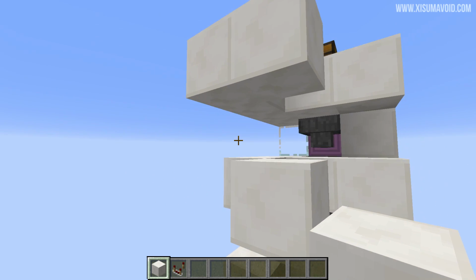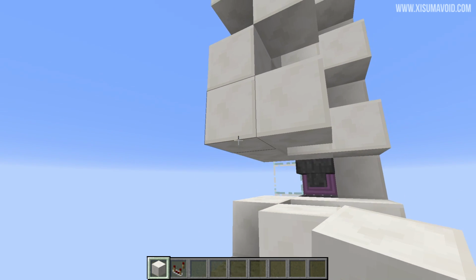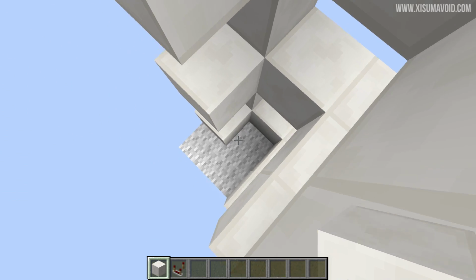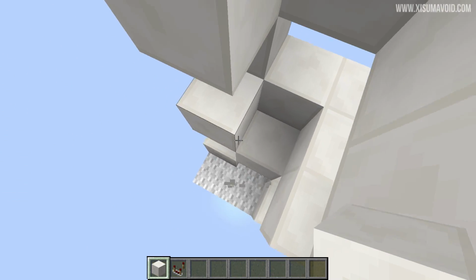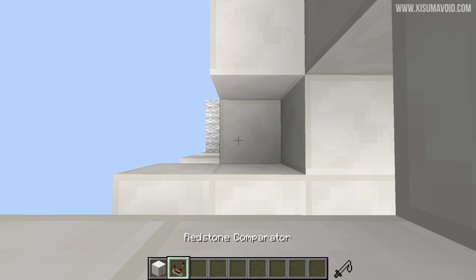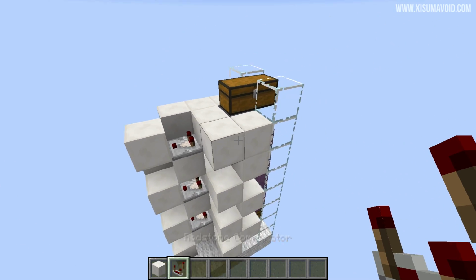Now what we want to do is place blocks in this space in between each row, like so. So just go down and do like that, and then come round to the very middle, and we want to place a block at this height, so break the one below it, and put a comparator on top of it. Then above that, another block and comparator, and again another block and another comparator, and you should have something that